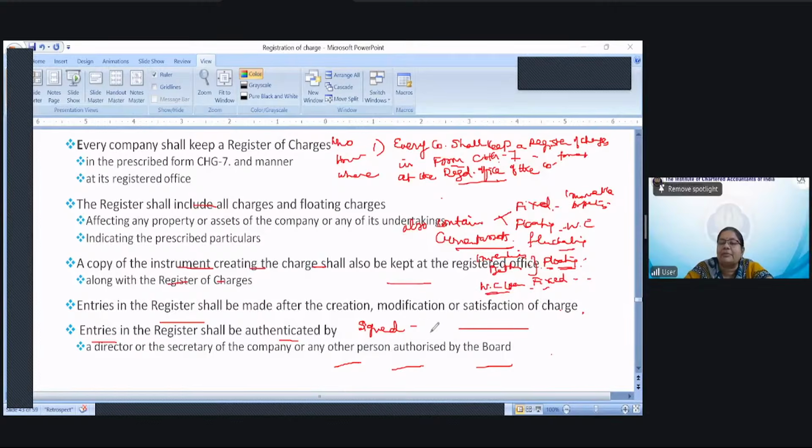So that is the proof that he has seen, he has verified. So it should be authenticated by the director or a company secretary or any person authorized. Right? Ma'am, yes, we need... in my given case, as an example of UCO Bank and me as a borrower